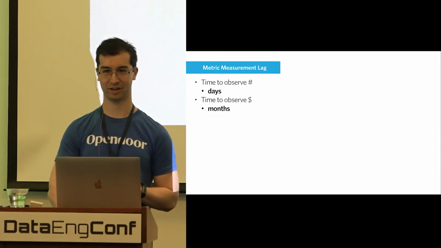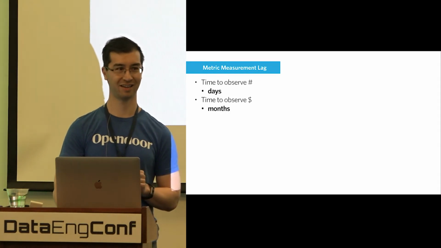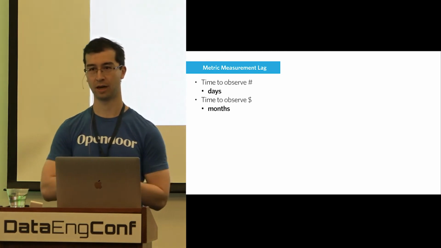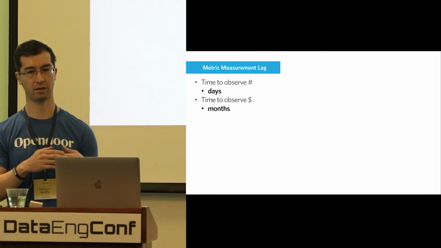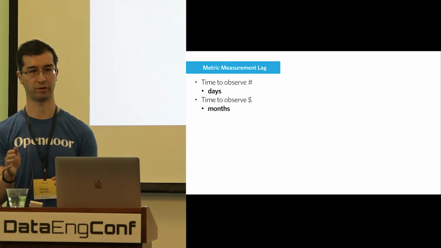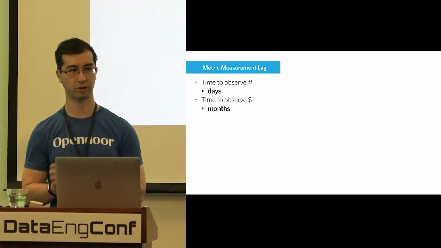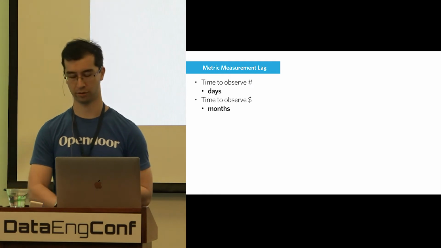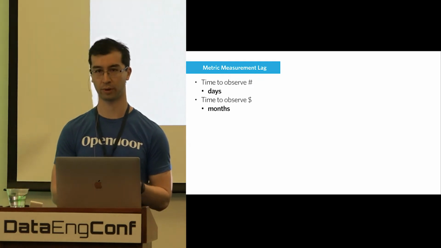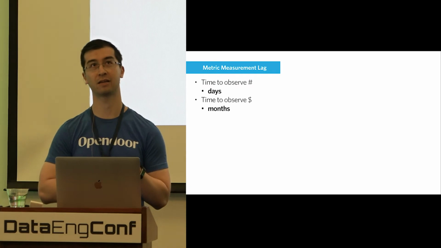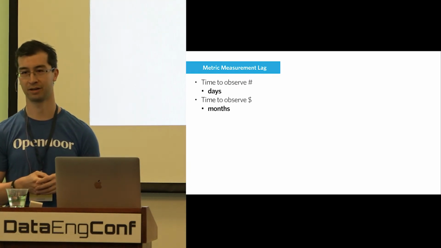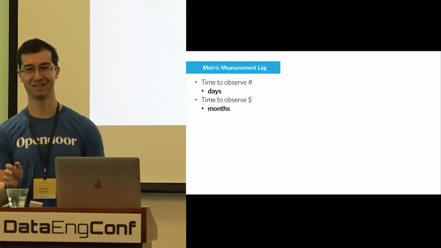but let me talk about metric measurement lag. The first number, quantity, represents when we make sellers offers, how likely they are to accept our offers. People usually decide within a couple days, and our offers also expire. So we measure this pretty quickly. It's not like if you're a search engine, where you can measure clicks in seconds, but compared with the other number, it'll take days.